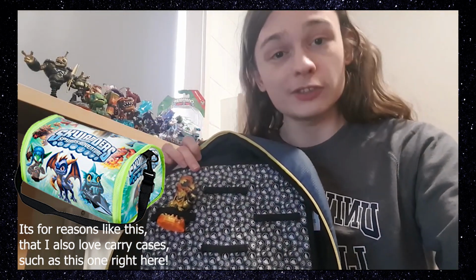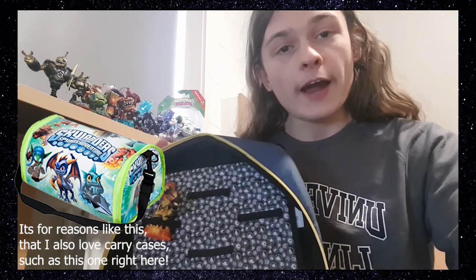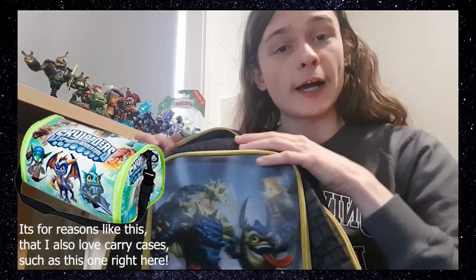And that took far too long to demonstrate, but you get the point right here. It's perfect for carrying around your Skylanders, and it's perfect for carrying around any sort of other practical items you have as well. So now let's just leave Legendary Igniter safe in here and move on to the next item on the list. Without further ado,